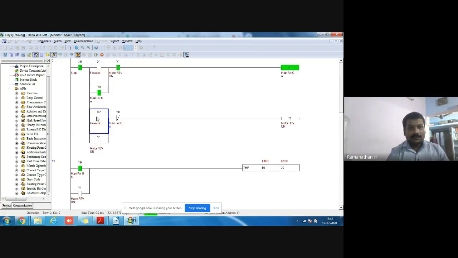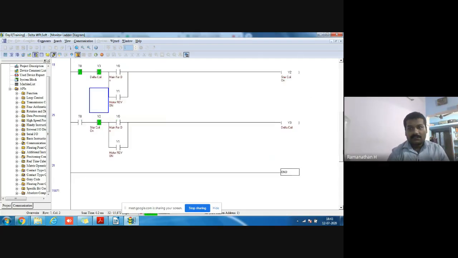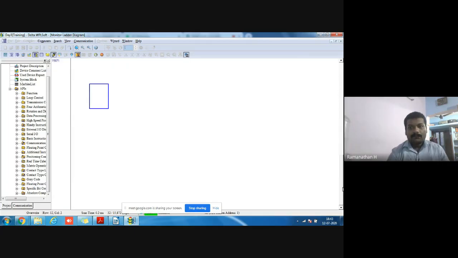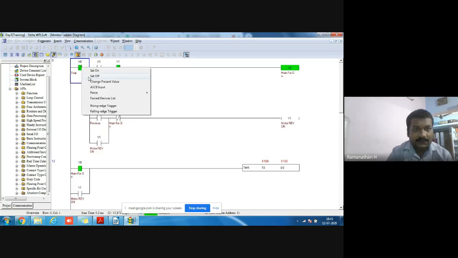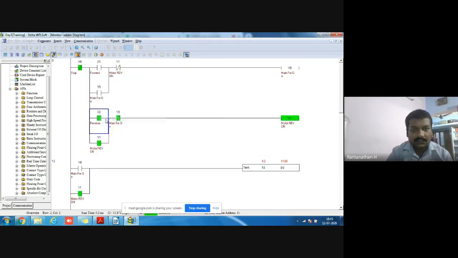At the same time, I turn on the reverse, but that's not on. Okay. It's the interlock, the basic interlock of forward reverse. So it's the star delta forward reverse concept. If you want to change to reverse, first you turn it off. Then only we move to reverse.